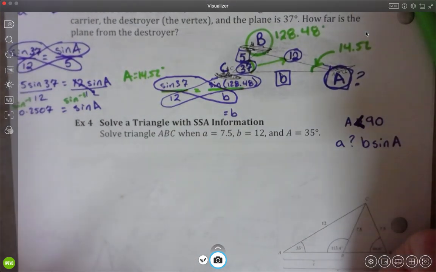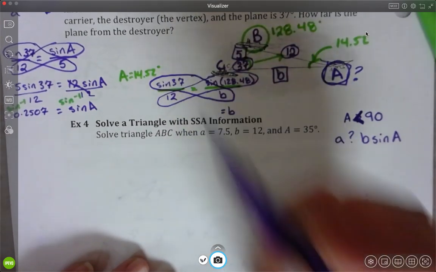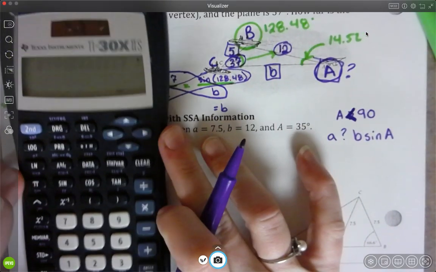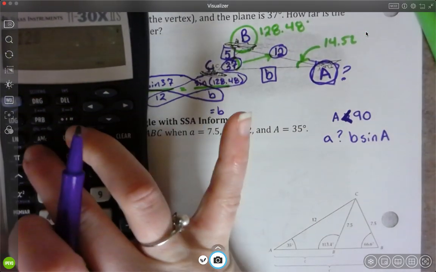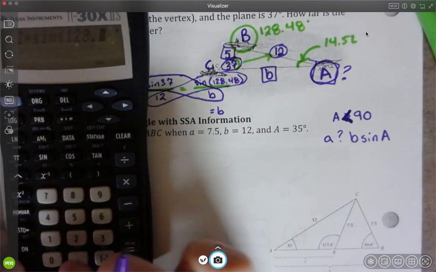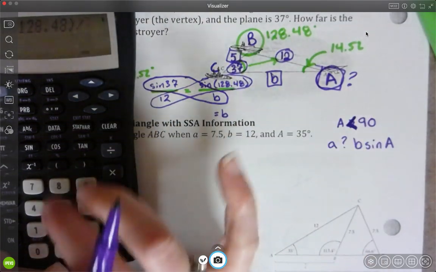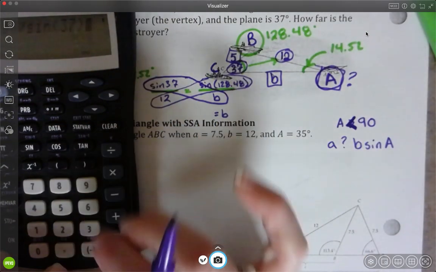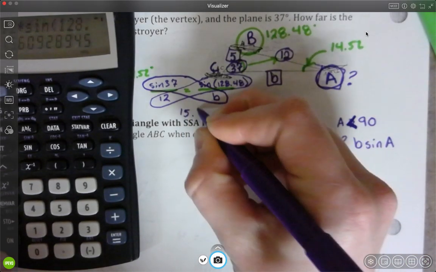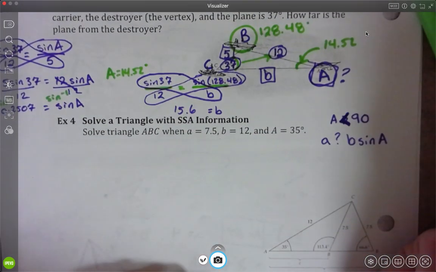Okay. If you have to write it out, go ahead and write it out. But I should just be able to multiply these two together and divide by sine of 37. So I'm going to try that and see if I can do that all in one shot. Okay. So 12 times sine of 128.48 divided by sine of 37. And I get that b is going to be 15.6, and 15.6 should be my final answer, but let's look